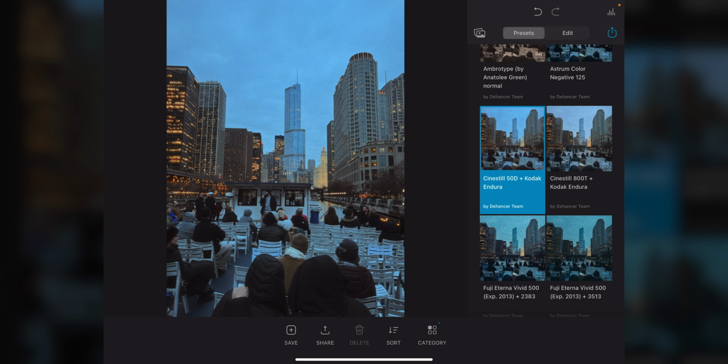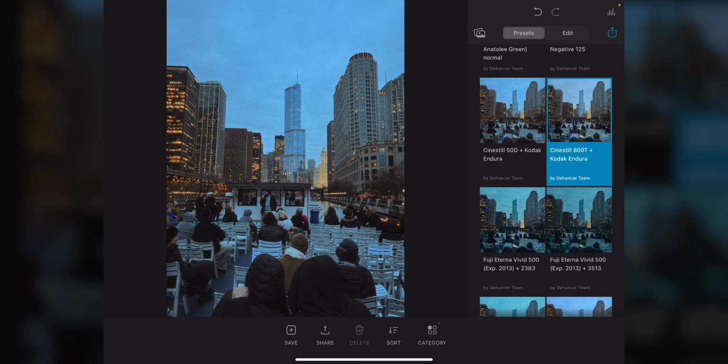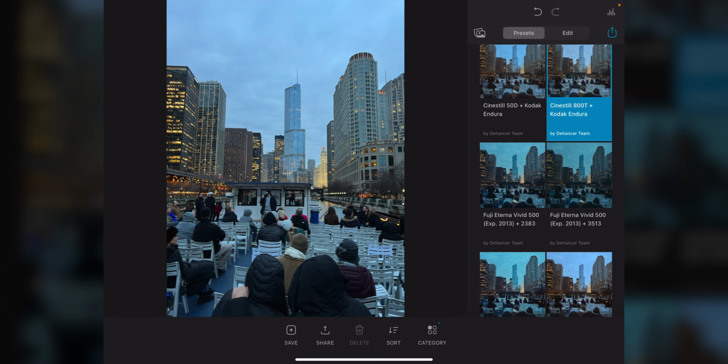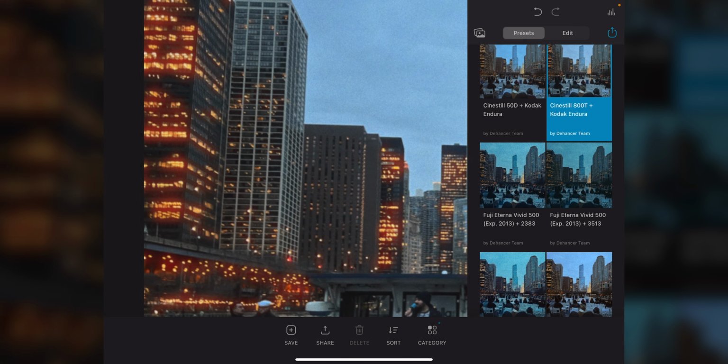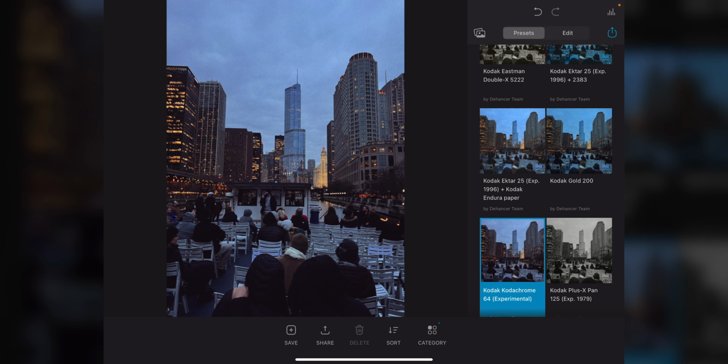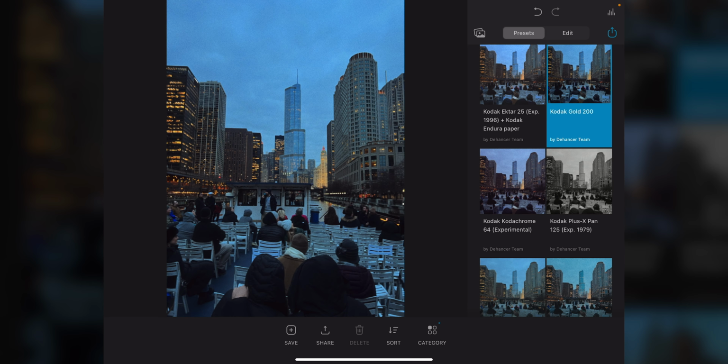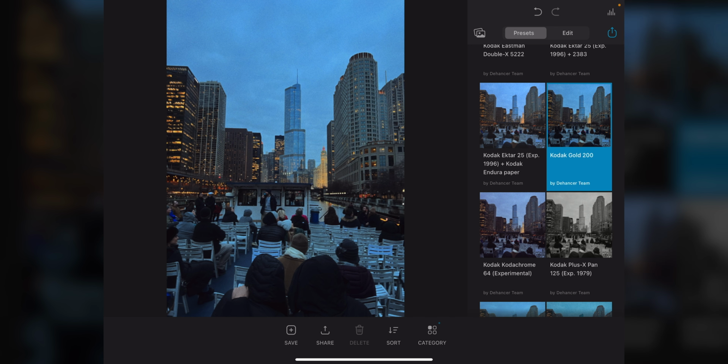Let's see, Cinestill 50D and Kodak Endura, Cinestill 800T. Ooh, that one's actually really nice. I like the halation. You could see in the building lights, there's that orange over here. Kodak Kodachrome, that one's cool, a little purple. Kodak Gold 200. That one might be my favorite so far. So let's go ahead and just go off of this Kodak Gold 200, and then we're gonna go into the